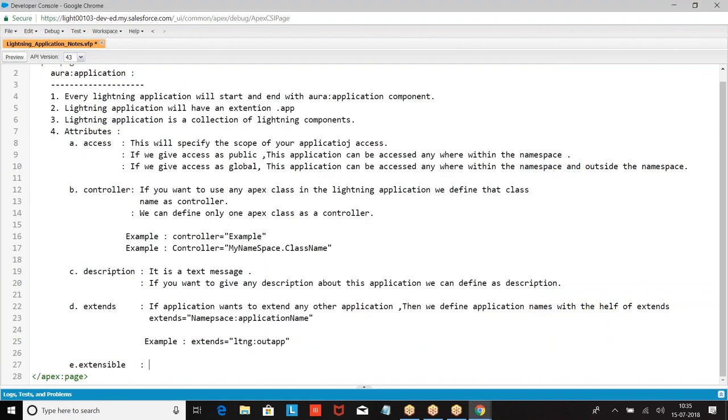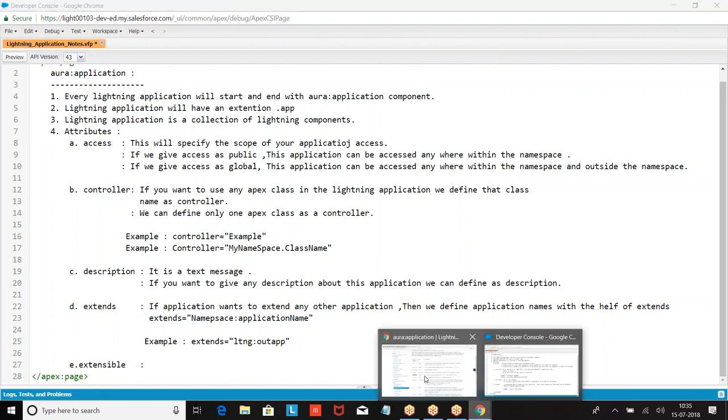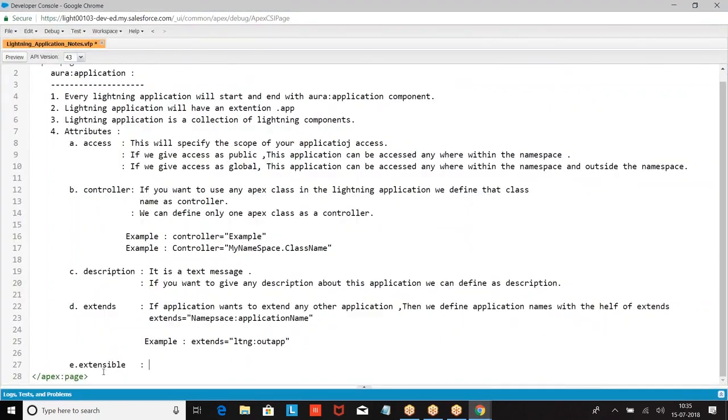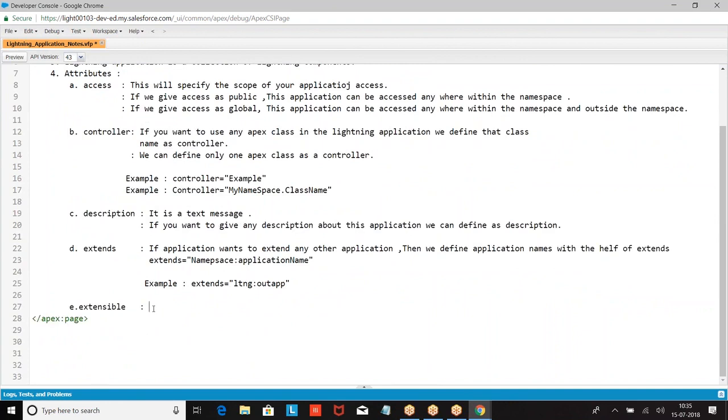You can inherit me. Other applications can inherit me. Extensible indicates whether the app is extensible by another application or not. Basically, it is a Boolean value.